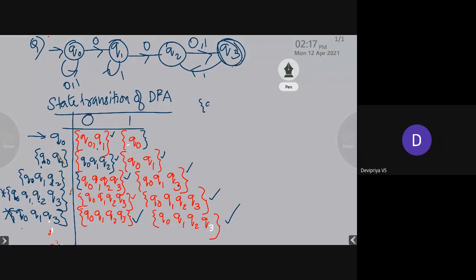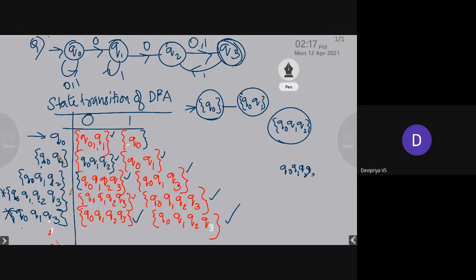Which states are there? We have the state Q0, which is the start state. And then we have another state, which is Q0, Q1. And then we have Q0, Q1, Q2 as the third state. And then we have Q0, Q1, Q2, Q3 as another state.